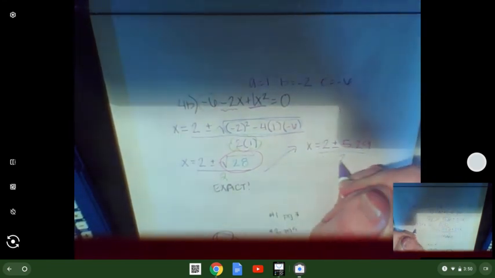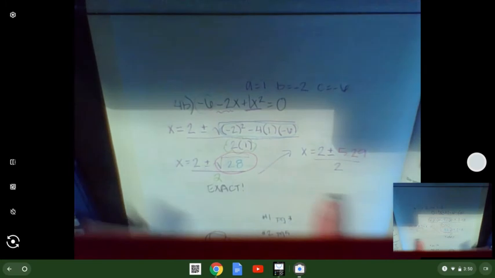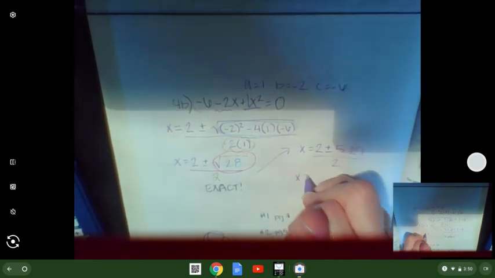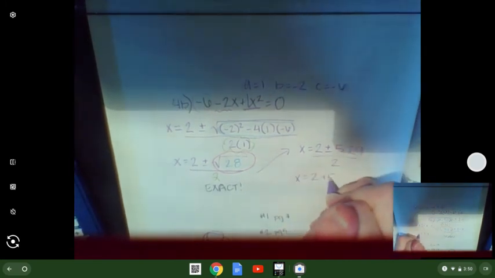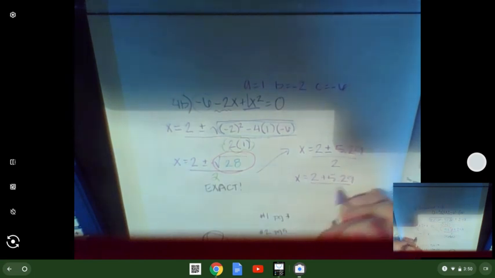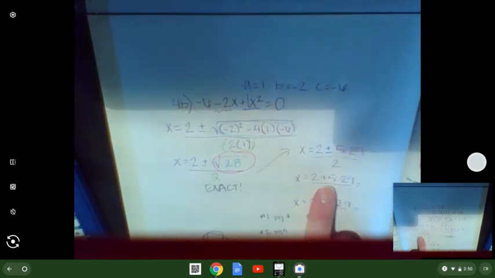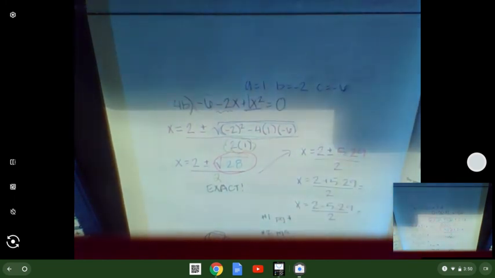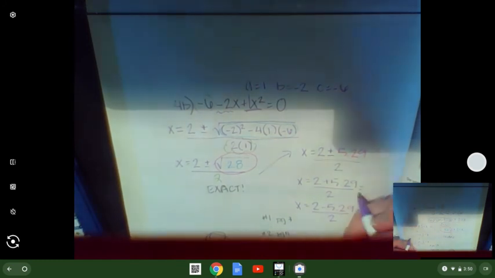All over 2. And here's where we're going to split this apart. We're going to do one where we add 5.29 and then divide by 2. And we're going to do one where we subtract 5.29 and then divide by 2. So going back to the adding, 2 plus 5.29, hit enter, and then hit divide by 2. You should get approximately